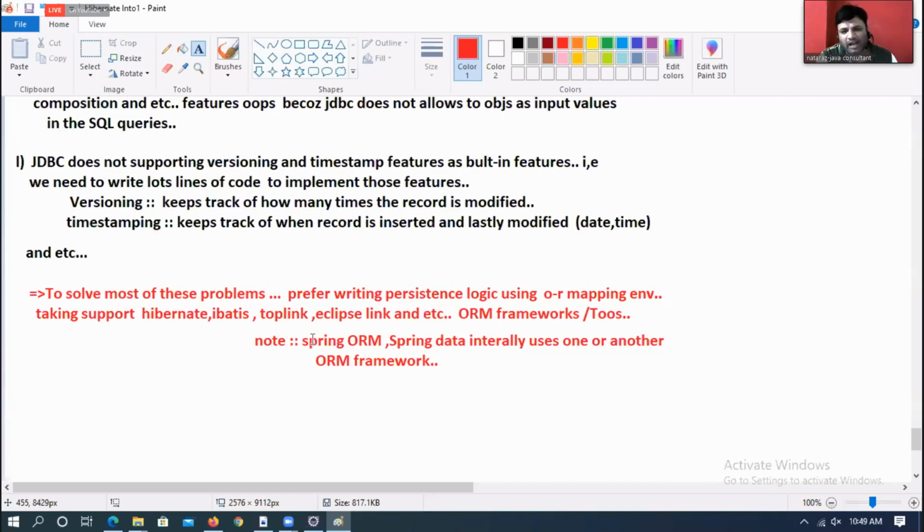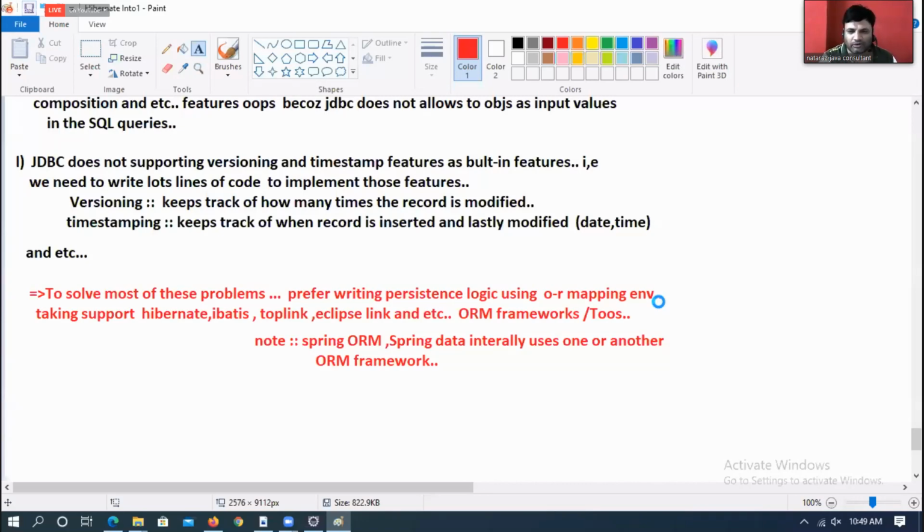What is ORM mapping? Tomorrow I am going to take it. What is impedance mismatch? It is too technical. There are 5 problems between RDBMS and Java. They are called impedance mismatches. Mr. Manikanta, I think you are trying to show your technical knowledge in front of me. Wait for a few days.